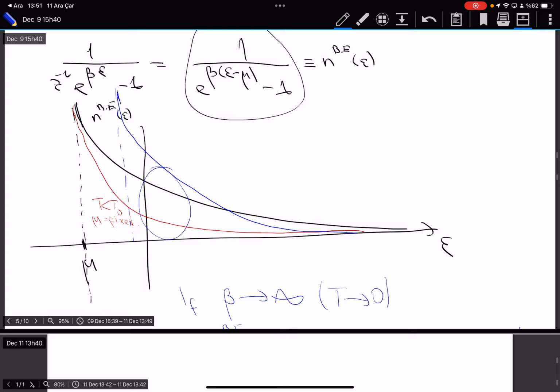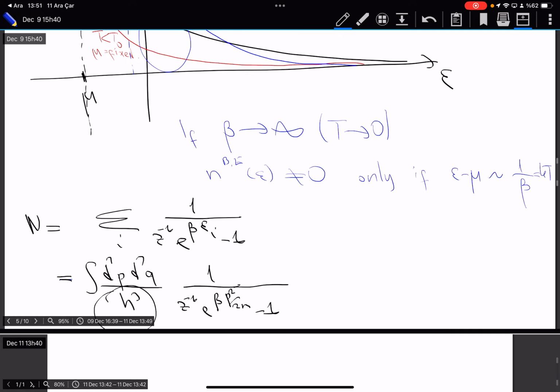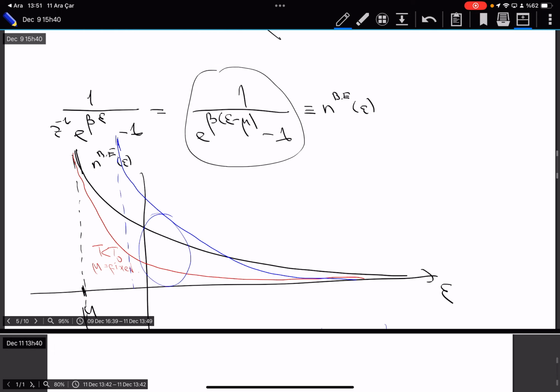And chemical potential has to increase as you lower the temperature, which was a result we had obtained also just taking the derivatives before. Now, in fact, one of your friends was asking a question: what happens if we do take the limit as t goes to 0? Well, if you look at this function, 1 over e to the power beta (epsilon minus mu) minus 1, if you take the limit as t goes to 0,